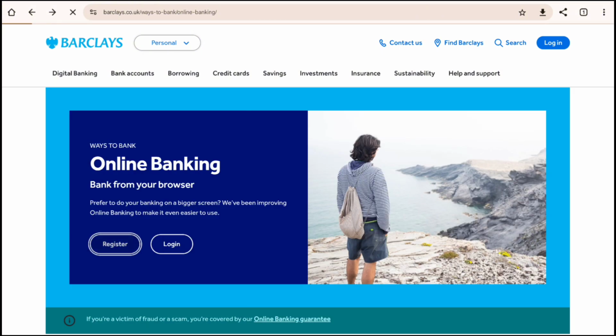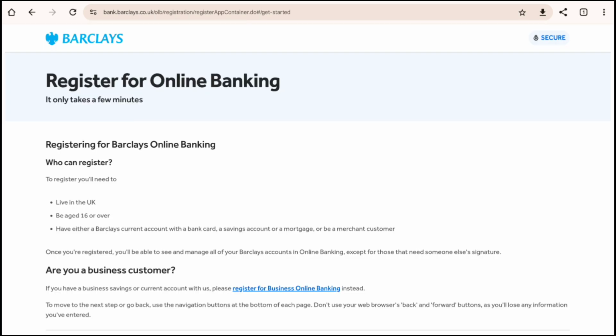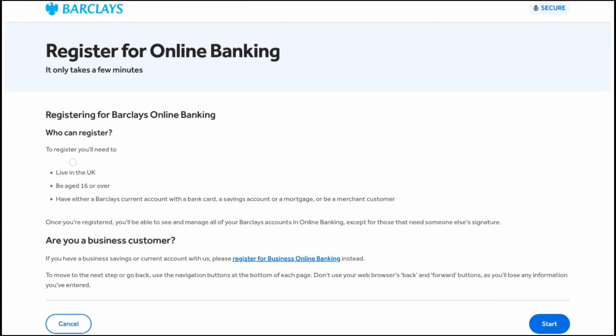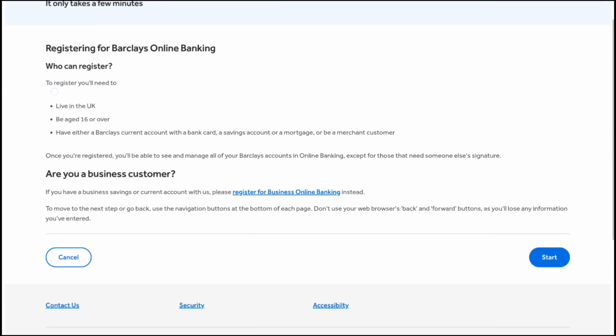Simply select register from the section, and that will redirect you into this section. In here, you'll be able to find the requirements to be eligible to open an account on Barclays. After you read this, you can go ahead and scroll down and click on the start button to